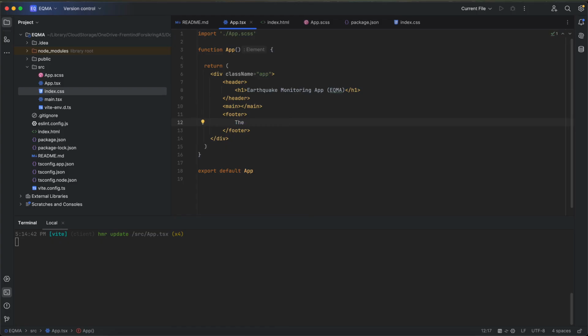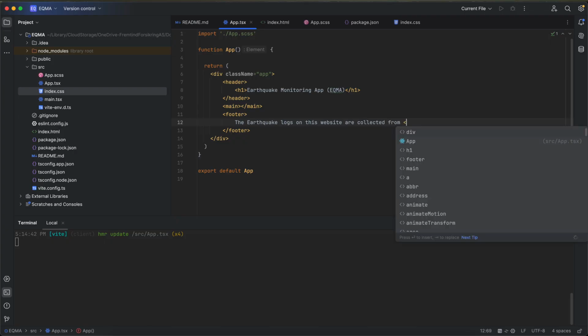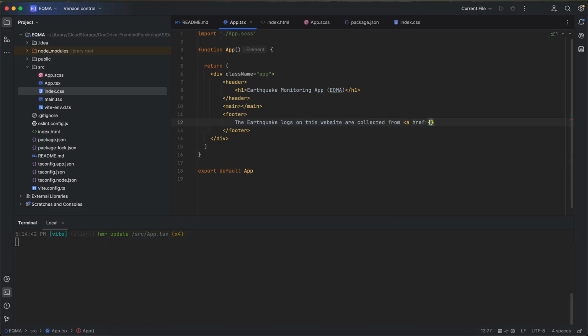Because we will go public snart, so public soon. I'm saying some words in Norwegian. I can write: data on this website are collected from